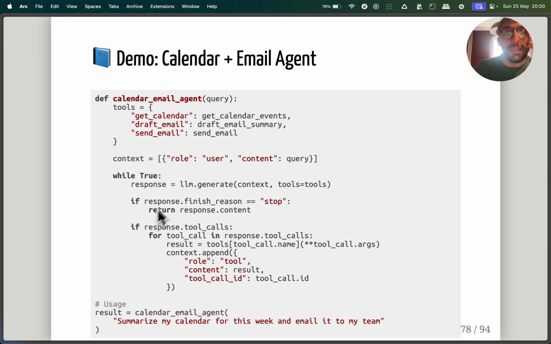And I generated a mock example here of a calendar email agent that would have access to calendar, email, and sending email. You would loop, you get a response, and if we get to stop, it would return the response. This is just a silly example, folks, for you to get a sense of what it would look like to have an agent implemented from scratch. And then we have to parse tool calls, etc. In practice, we would have to have much more code, handling errors, validation. There's a bunch of stuff going on.